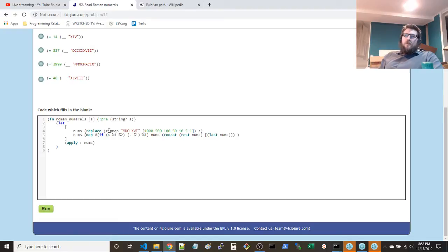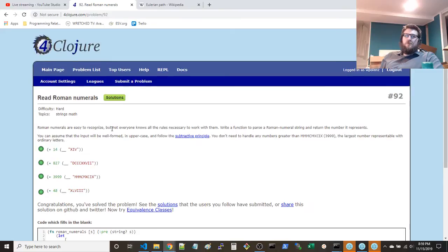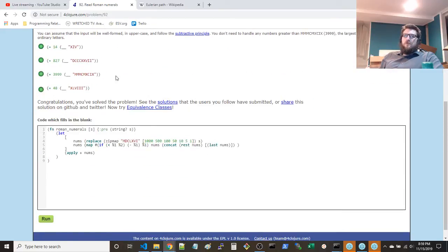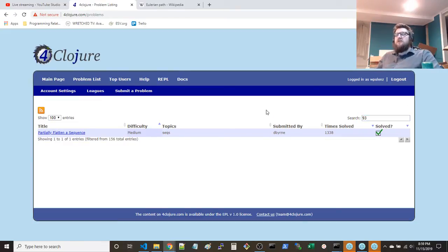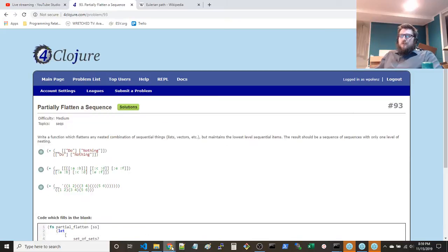And once you perform this operation, compared everything as required, you'll have some negations in there, everywhere you see that smaller and then larger valued symbols, and then you simply add across all those numbers, and you're good to go. 92, done. Okay, let's go to 93. So yeah, I thought that was pretty nifty. That was a very concise kind of solution. I thought that was good. I like that.